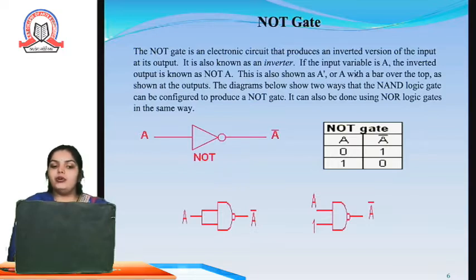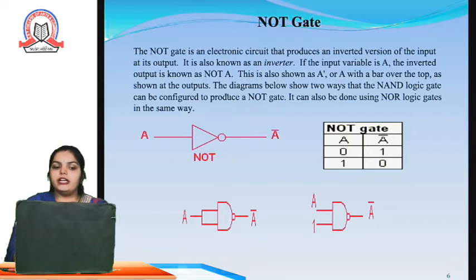If the input variable is A, the inverted output will be NOT A. This means if you pass 1, you will get 0 as the output of the NOT gate. This is also shown by A complement, or A with a bar on top.